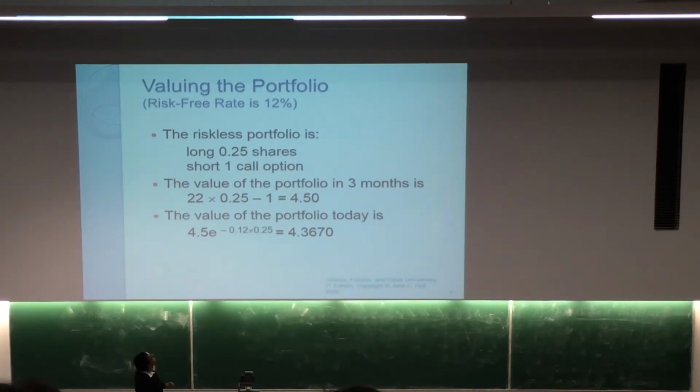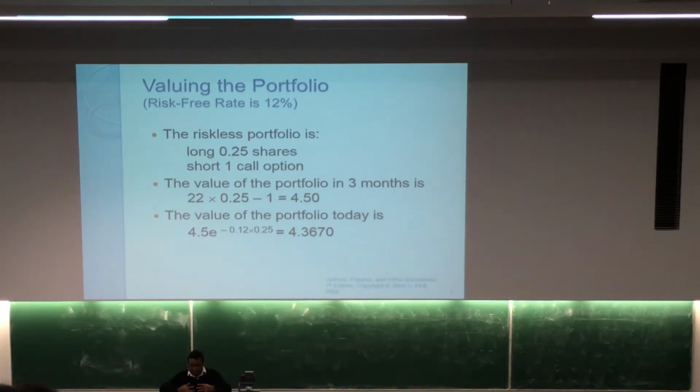And now we did the manipulations and simple algebraic calculations. The value of the portfolio is going to be 4.5, and this 4.5 is constant, like a bank account, irrespective of the fluctuations in the underlying stock. So if you know that it is 4.5, then the price that you are going to pay is nothing but the discounted value of the 4.5. So that's why we discounted, and the value is 4.3670. This is the price that you are going to pay for the portfolio.